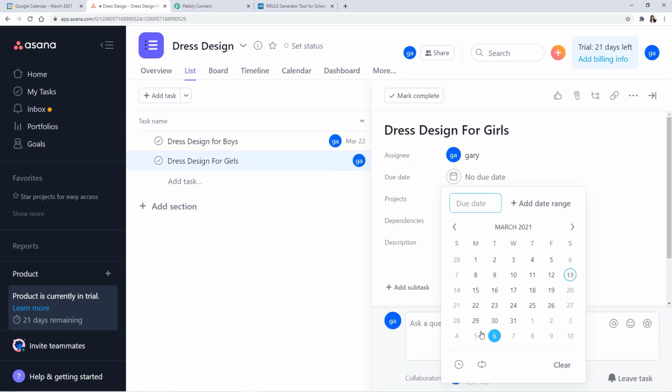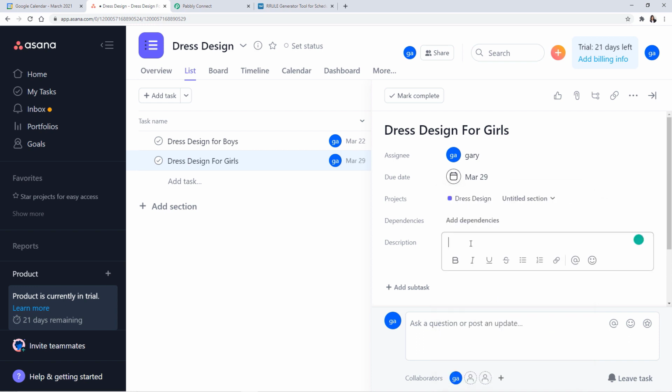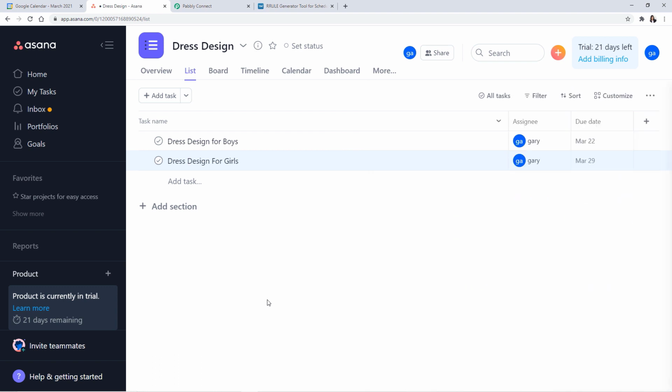How about adding the due date as the 29th, and adding the description as select and search the best dress designs for girls.